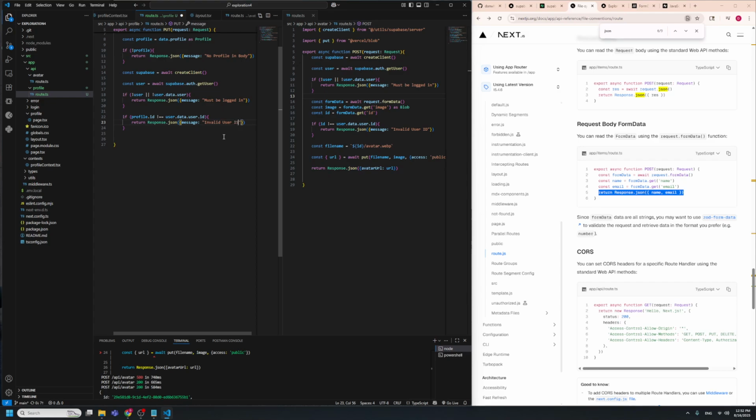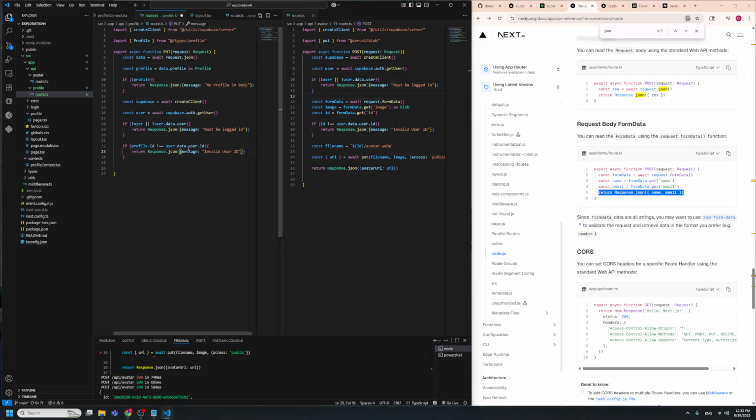Invalid user ID. There we go. So this is all verifying that our user aligns with our profile ID and all that stuff. So now what we can do is add it to our Supabase. So if we go to the